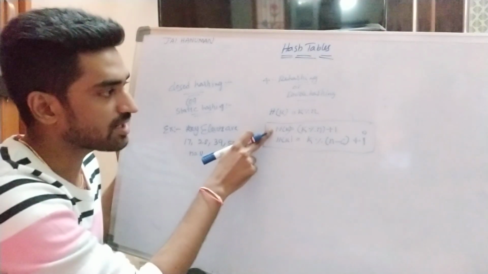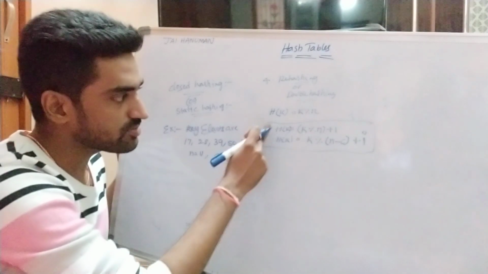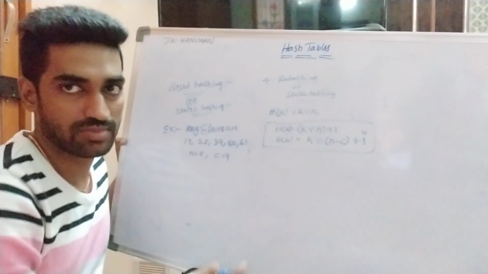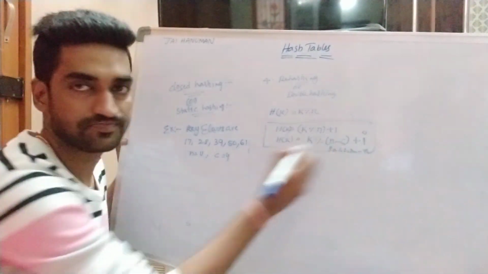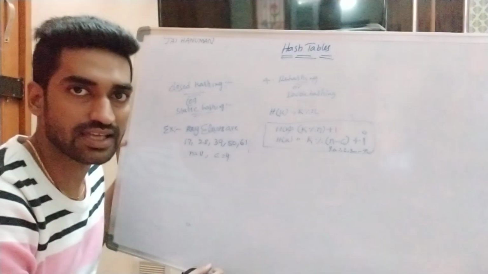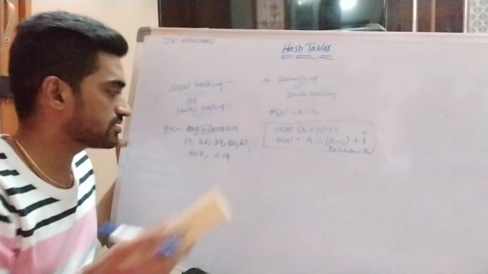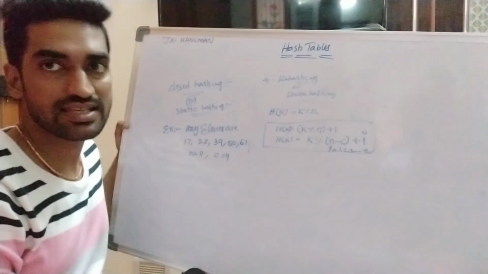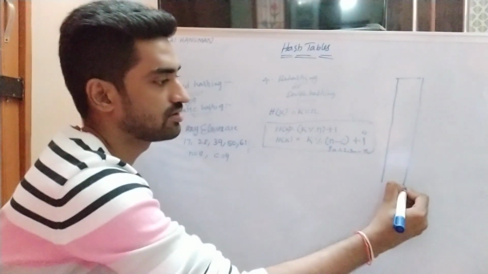Once we apply this formula, if collision does not occur, then the process is stopped. Once we apply this formula, if collision occurs, then we work with the second formula. So the i value starts from 1, 2, 3 up to n values, right? So here I am taking the same example for the implementation of the rehashing or double hashing mechanism, right? So here, how to insert these elements using the rehashing or double hashing mechanism. What is the size of the hash table? 11, right? So here I am writing the hash table.